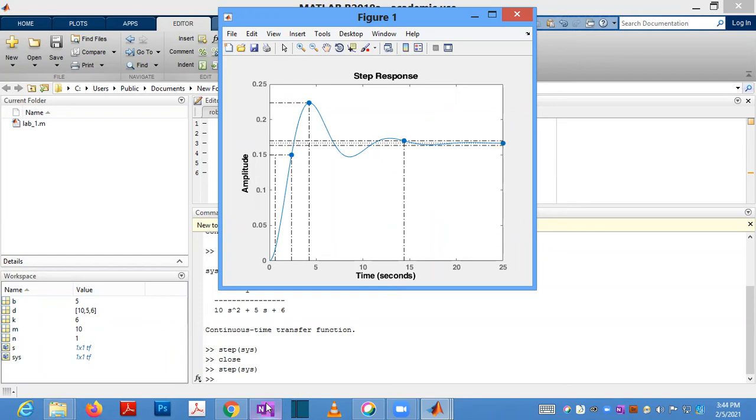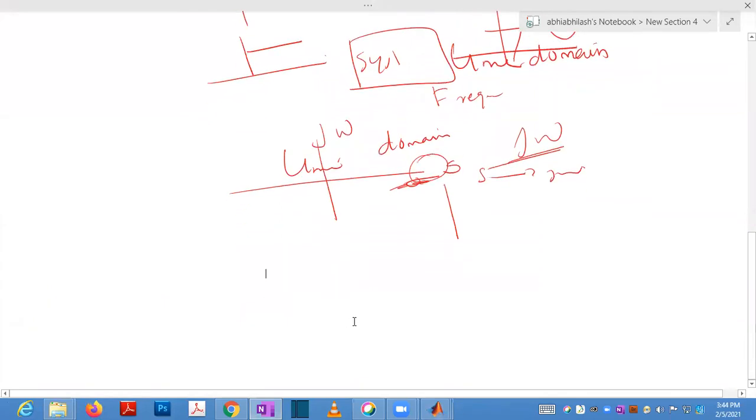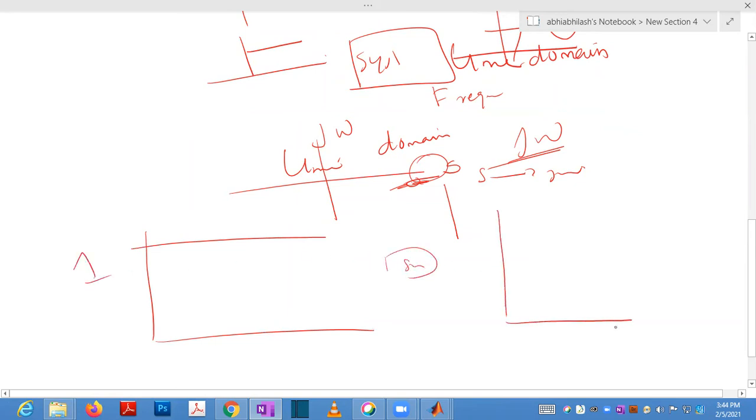You are applying a 1 volt signal to the system, so your input will be 1 volt, it is applied to the system, and the output response is now settled at 0.167.